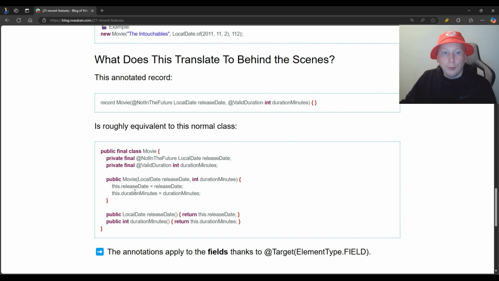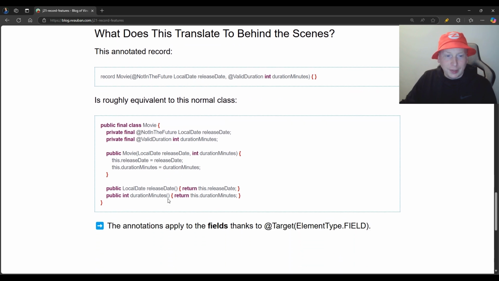Then the constructor public Movie, parentheses, LocalDate releaseDate, int durationMinutes, and then the definition of the constructor with the setting of the fields, and then the two getters, releaseDate(), and durationMinutes(). The annotation applies to fields thanks to @Target ElementType.FIELD.